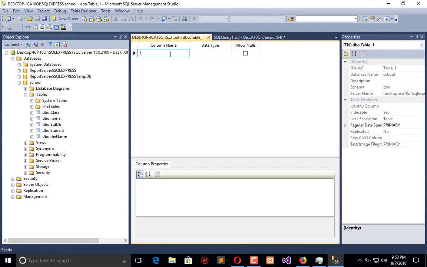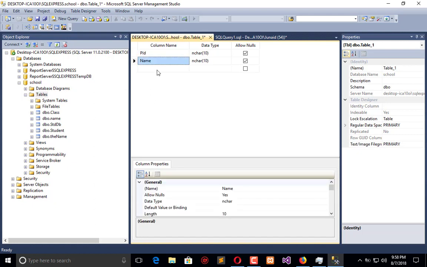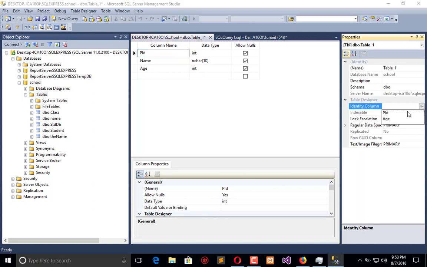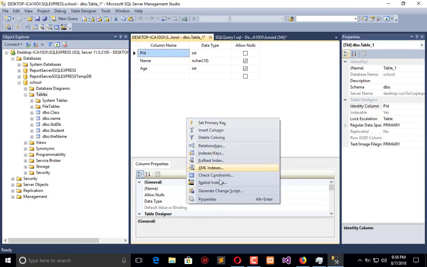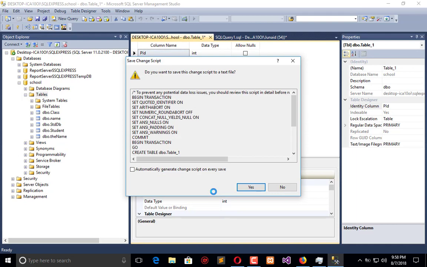So here is the ID. Okay, let me say that it's PID, like person's ID, and name and age. So the ID always will be kind of int, and name is 10 character and age is also of int type, and PID is identity. So here identity column, PID is identity. Now right click here, generate change script,